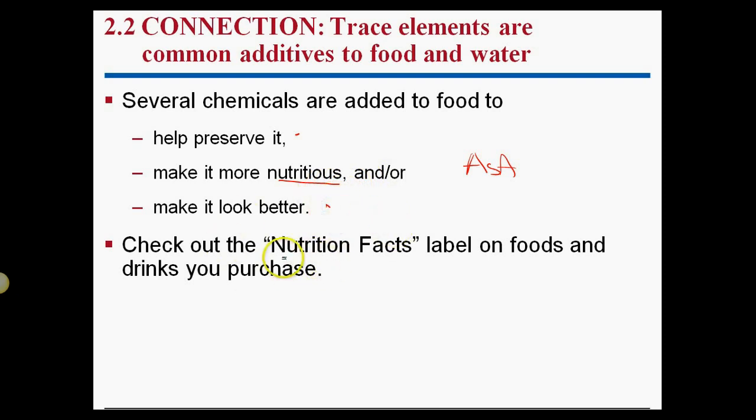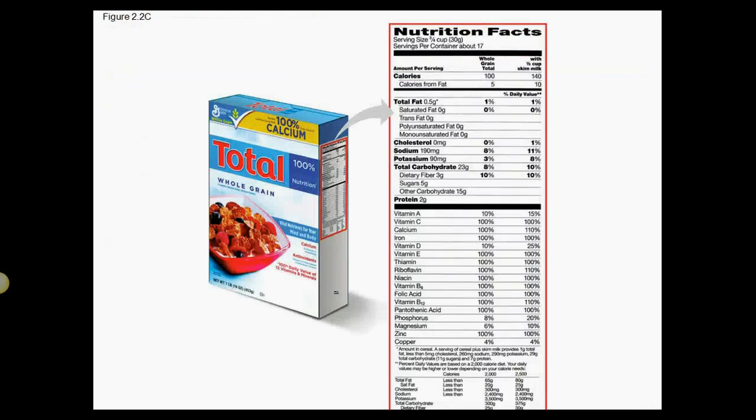If you're ever curious about any of this stuff, there's a biological thing that also works for nutrition and dietary purposes. Always read your nutrition facts. They're always there. Right? And this is some of the stuff we're talking about. So you can look for some of these trace elements. So you get calories, which is a weird descriptor anyway for some of this stuff, but whatever. Okay. You can look up fat contents, cholesterol. That's a different goofy looking molecule. That's one of your steroids. There's like sodium, potassium, things we talked about, carbs, these macromolecules, proteins, and other macromolecules.